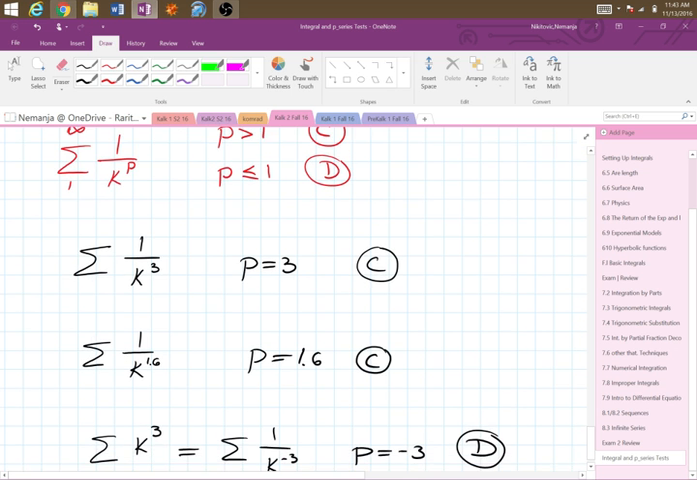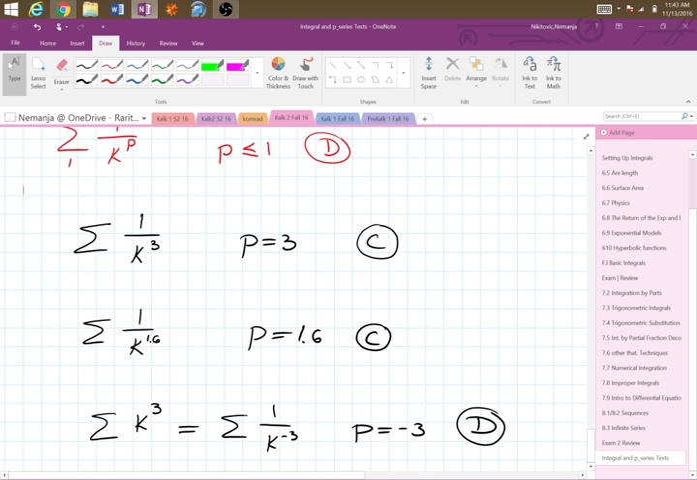So that covers everything for section 8.4. We have two more sections left, 8.5, which will cover root, ratio and comparison tests, and then 8.6 that will cover alternating series. Those will happen this week,